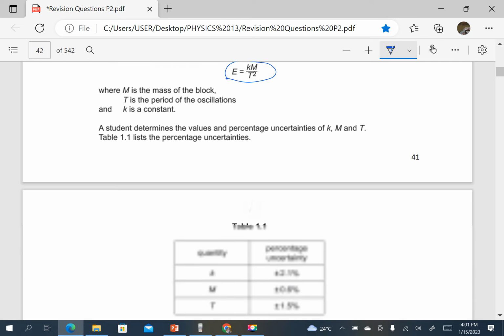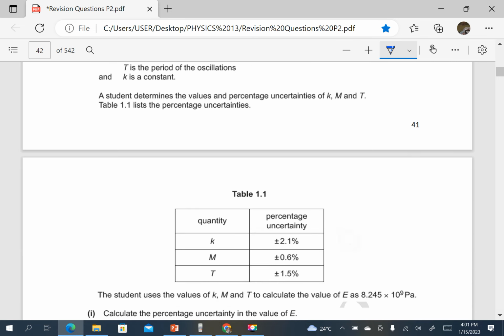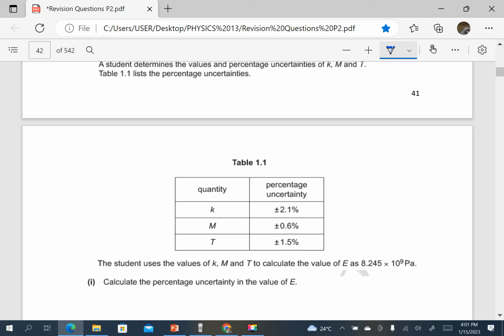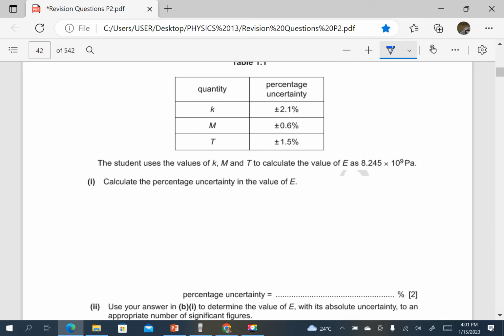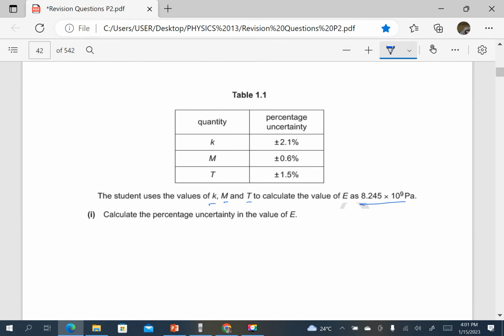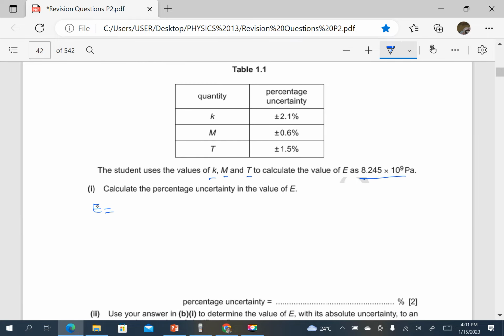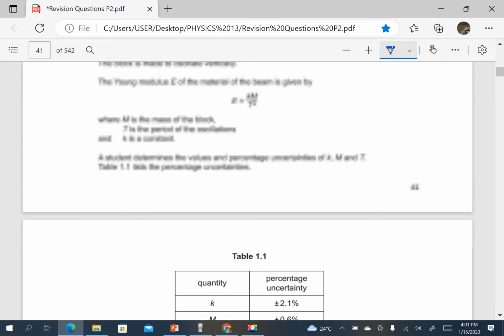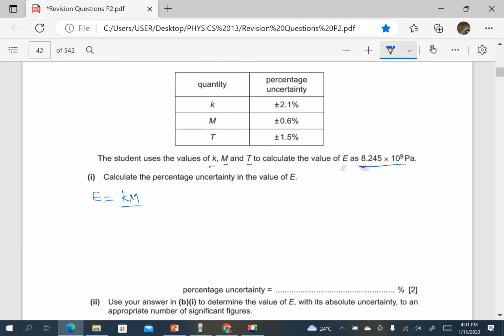A student determines the values and percentage uncertainties of K, M, and T, and they are given in the table here. The student uses the values of K, M, and T to calculate the value of E as that. Calculate the percentage uncertainty in E. Since we have a formula here for E, it is already made the subject. E is equal to K M over T squared. So we want